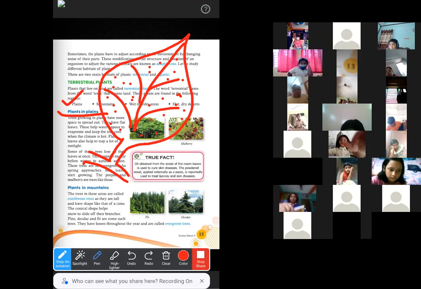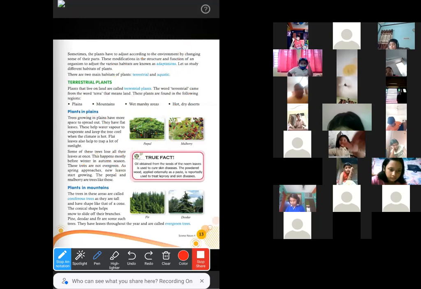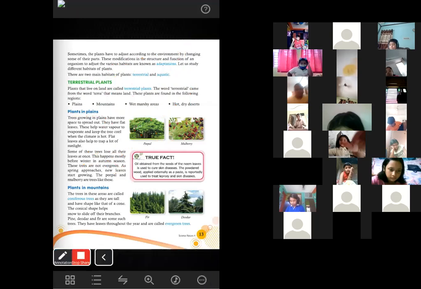So the broader the leaf blade, the more stomata on it, and the more water they can release from their body as water vapor. And the more water they can release, the cooler the plant will remain during the hot summer days. Now let's look at this part, true fact.